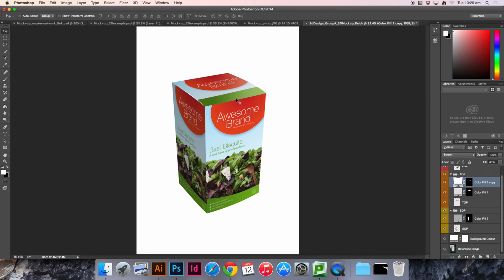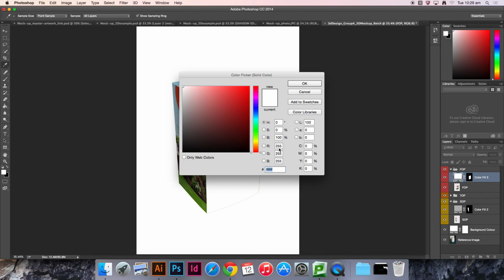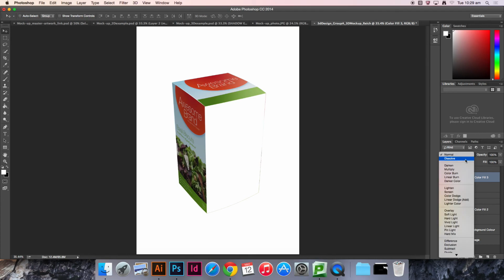Now if we're imagining, as I said before, that the light source is more predominantly kind of top right here, we want to have the highlight spreading and vignetting down the front of pack. So you'll go to your front of pack. Now we haven't actually created a shadow layer for this. So instead, we're just going to be creating our highlights layer. So just as before, you'll Command click on the front of pack to create those marching ants. You'll go down to your adjustment layers, go solid color. That's now set to 255, so it's white. Go OK. Then change your blending mode to be screen,